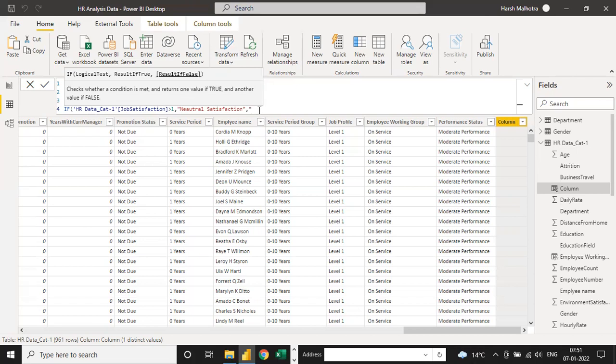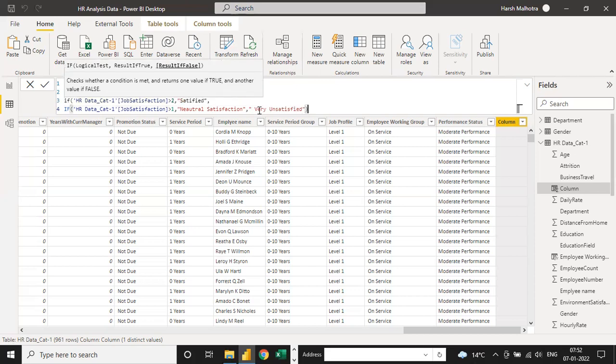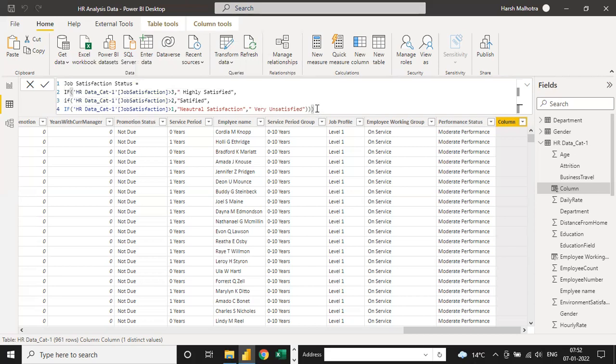So neutral, then you have unsatisfied, or very unsatisfied, you can write. Not unsatisfied, greater than unsatisfied. So in this way, first, second, and third. Why should we close the bracket 3 times? Because we are going to open the bracket 3 times. That is the reason. Okay.